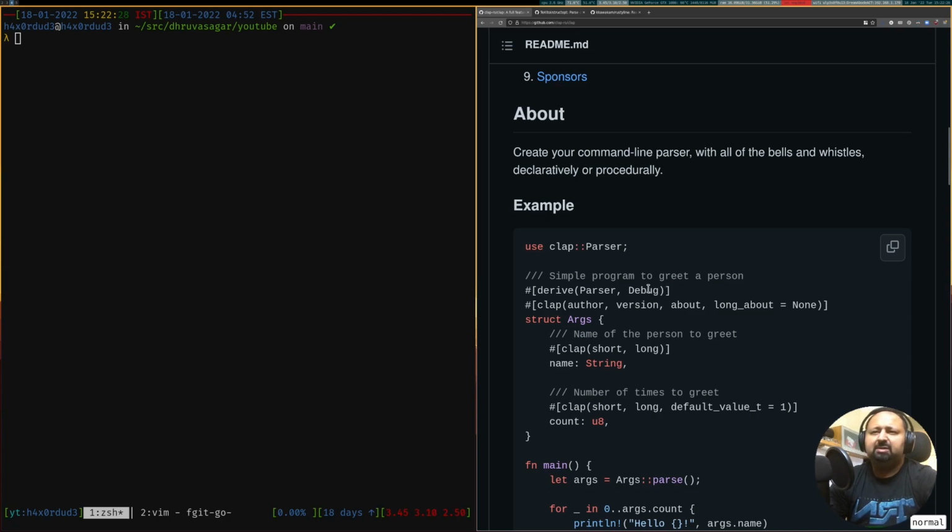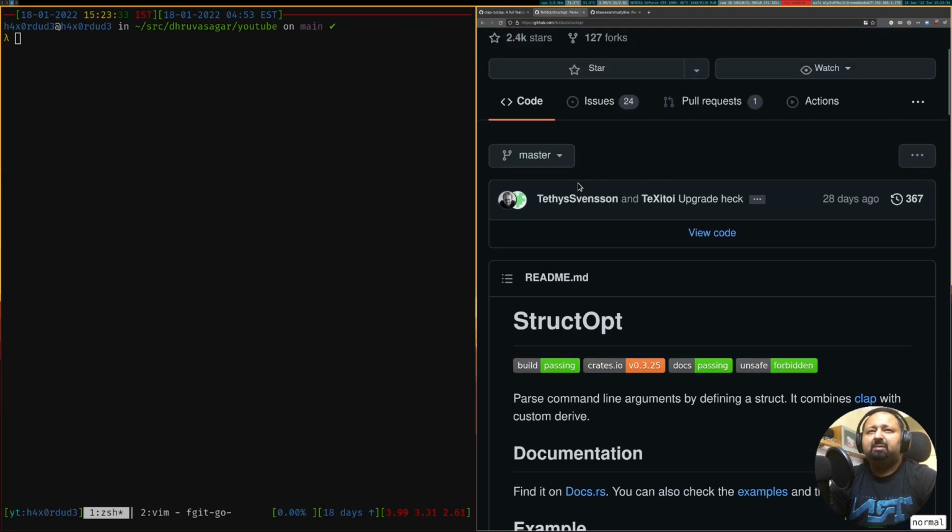The difference, obviously, is that because this is Rust, we are able to utilize nice macros provided by the system to almost declaratively define how our CLI arguments are going to be. We can literally define our entire CLI arguments as a type in Rust, and that I think is pretty cool. So while you can use Clap directly, I think a slightly better library to use